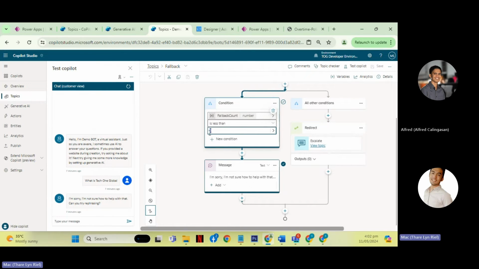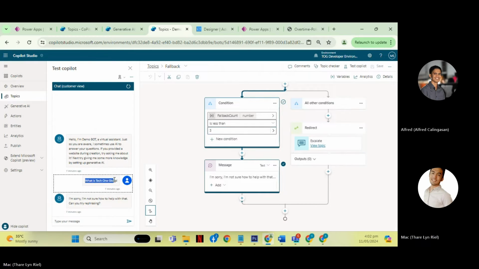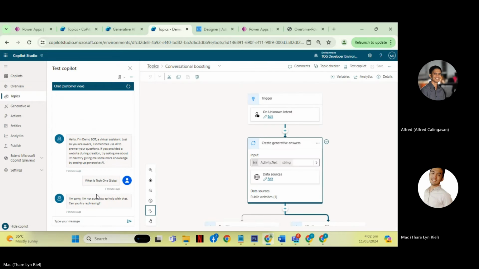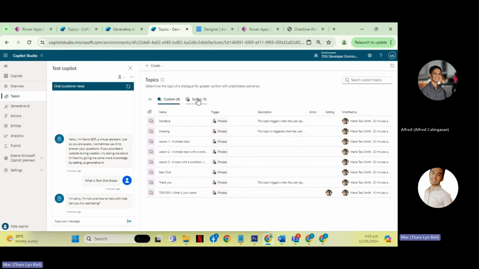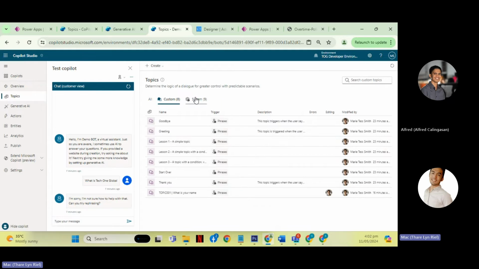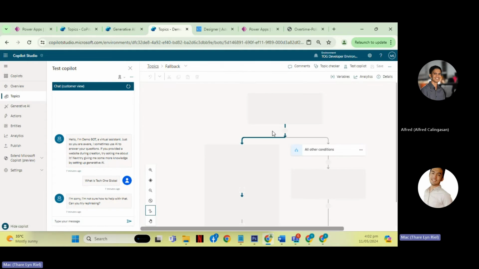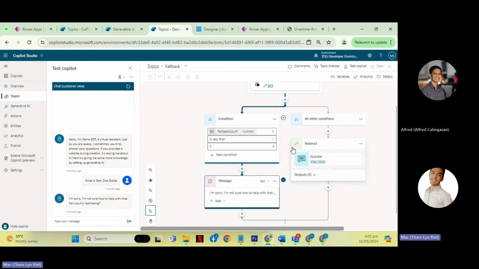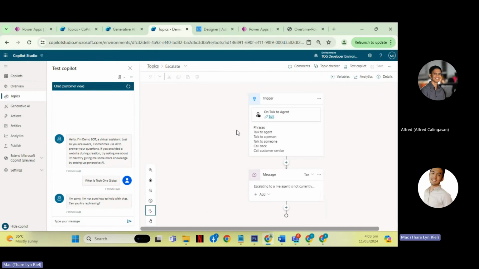And then, as you can see, for example, the user asks three times and the Copilot is not able to understand it, and then the user asks again. So for the fourth time, let's go back to the fallback, for the fourth time or the third time, it will go here. So it will escalate. This is a built-in topic.